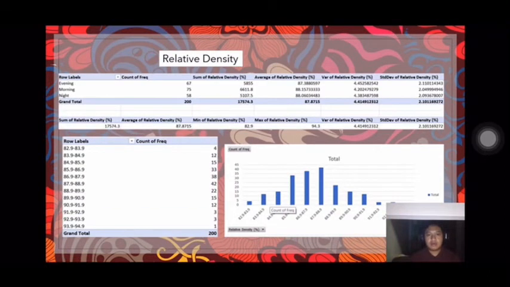And finally, the relative density. We can see that the average relative density of the pill is 87.87%, with the minimum at 82.9% and 94.3% for the maximum relative density. And from the graph, we can see that the range of relative density of 87.9 till 88.9% has the highest